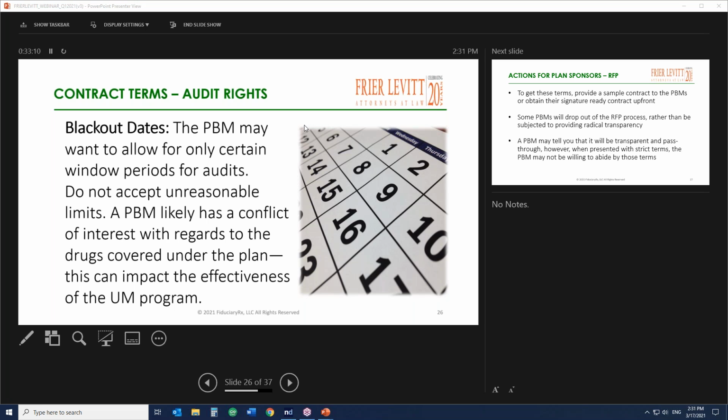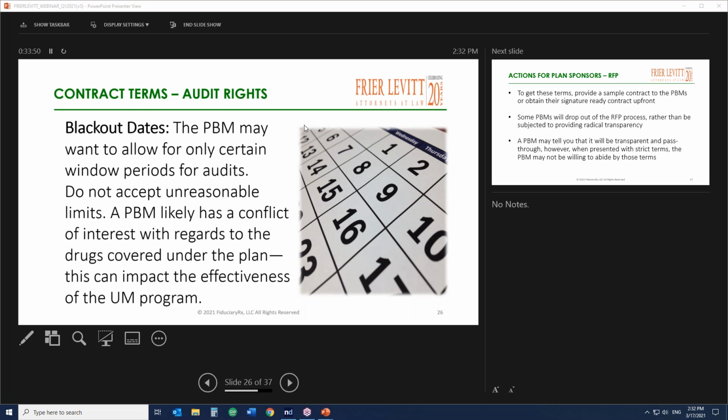And plan sponsors should receive rebates received by the PBM and rebate aggregator. This is very, very important. We recently obtained a $6 million settlement against a PBM owned by a publicly traded company on behalf of a Medicare Part D sponsor. In that case, what we discovered was shocking. We found out that the PBM used, unbeknownst to the plan sponsor, its own rebate aggregator, which kept substantial sums of rebates, and the PBM was not accurately reporting and returning rebates to the plan sponsor.